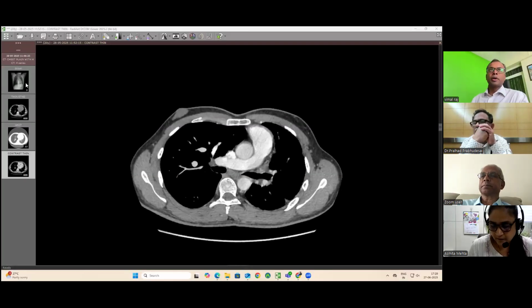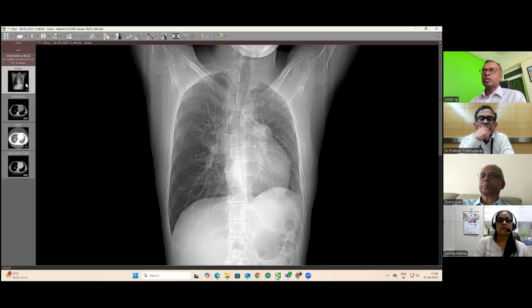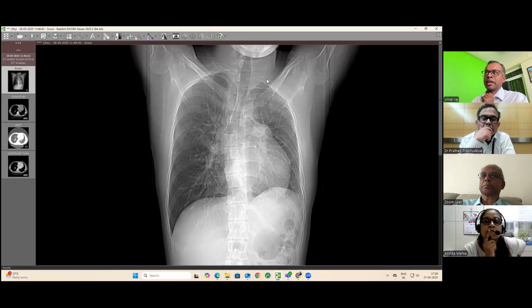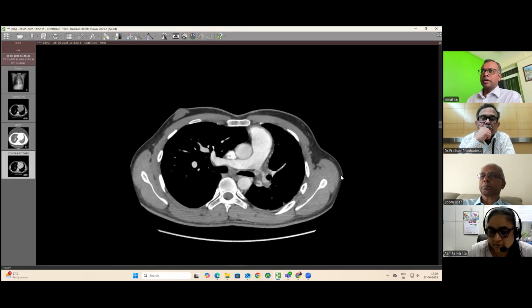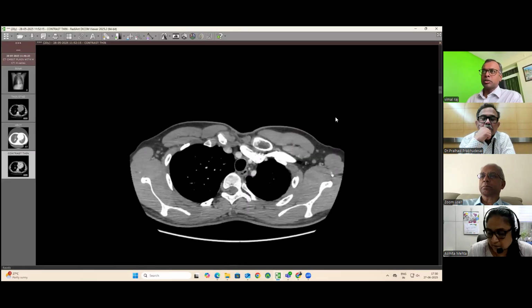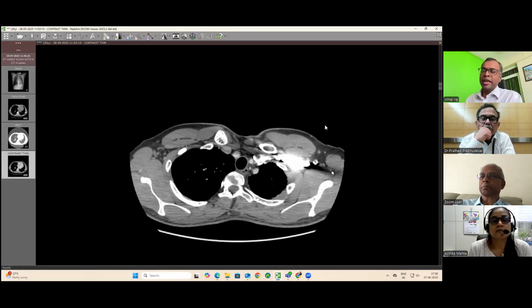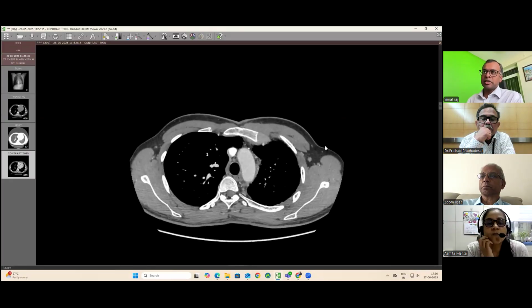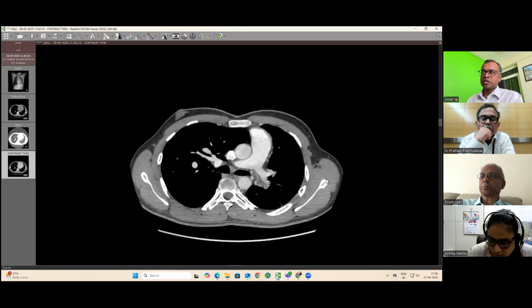Okay, so to start off with, I think it's important to see the chest X-ray of this child, where you can see that there is loss of volume in the left hemithorax compared to the right side. There has been prior sternotomy. Few interesting things. So the man has undergone TAPVC, total anomalous pulmonary venous connection, repair.